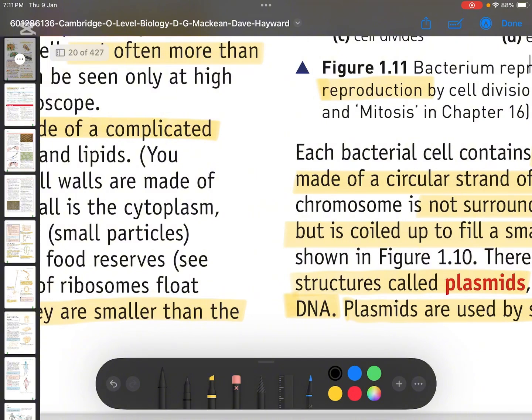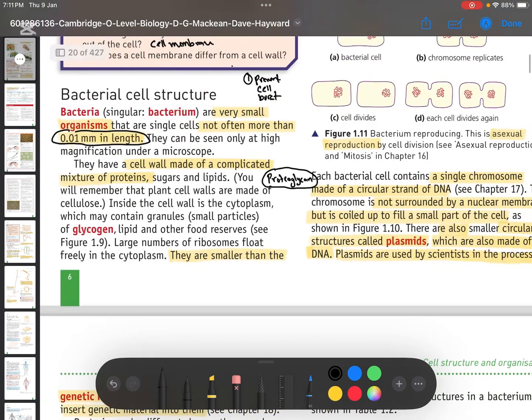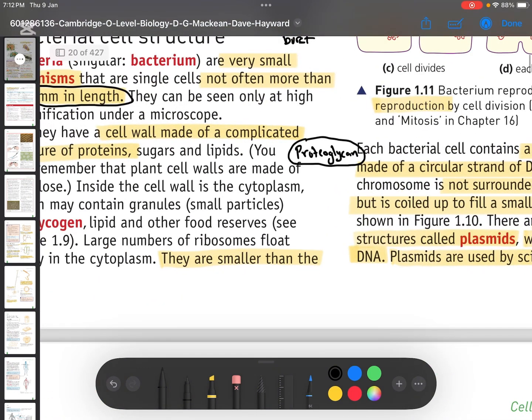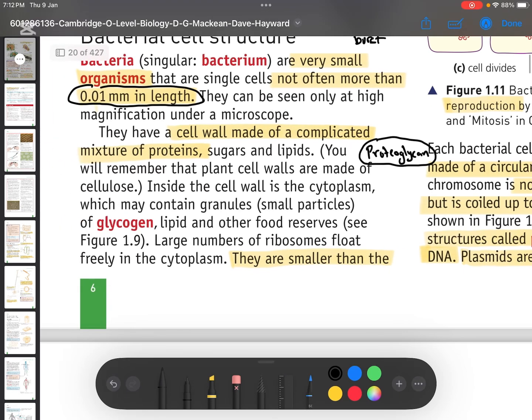In specific, they're made up of proteoglycan. Proteoglycan is the specific content which they're made up of. Just like plant cell is made up of cellulose, bacterial cell wall is made up of proteoglycan. All right. Now also you need to know that inside the cell wall is some of the content of